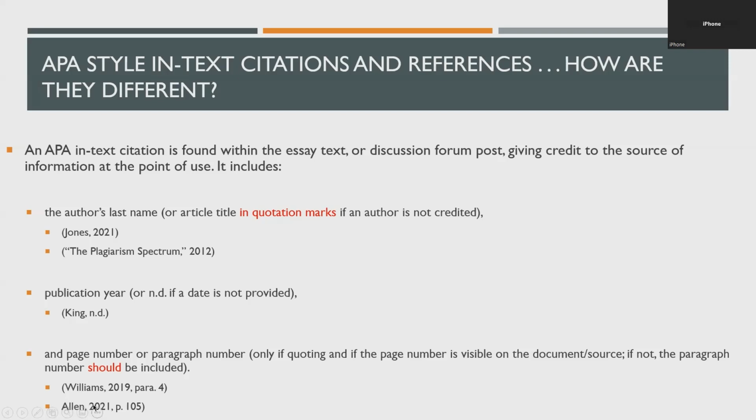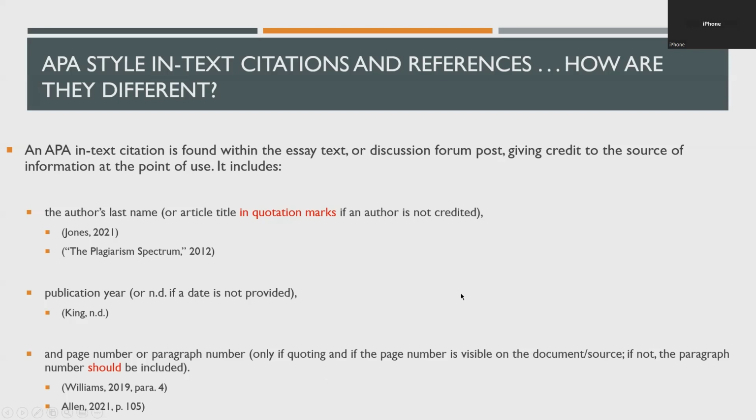This was published in 2021. And then it was on page 105. We indicate that with a P period. Now, if it's a range of pages, let's say the quote is on page 105 to 106, you would actually put PP period 105-106. So that's the basic way that you do in-text citations.